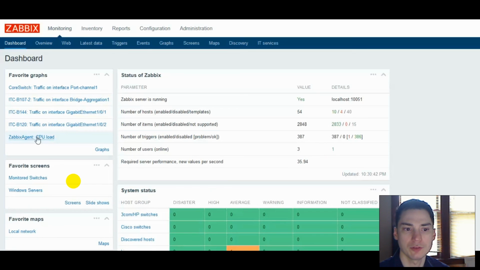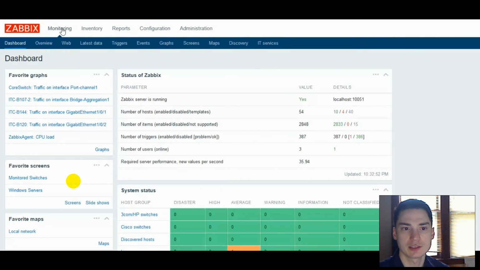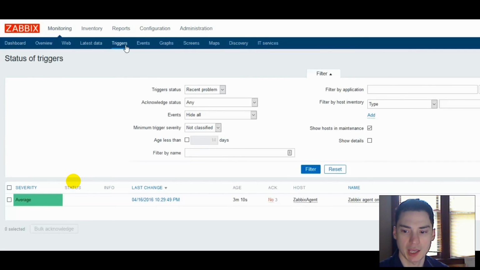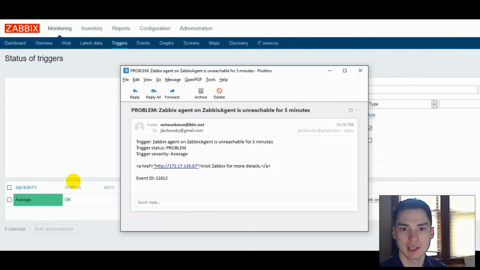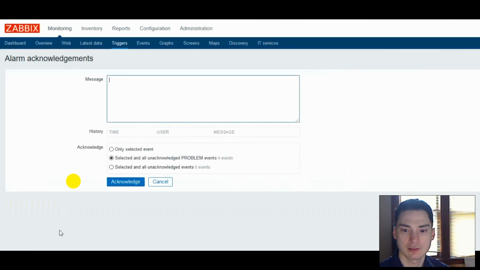Now if we go to the CPU load graph, we can see the data is certainly still being collected and Zabbix doesn't notice a problem yet. This is because it assumes in the event of a problem that there's a communication issue. But now that we sped time ahead a little bit, we can see that the Zabbix agent is actually unreachable and it's caused a trigger to fire, and an email has been generated from the network monitoring ITC address. Now I can acknowledge that and explain a reason why that occurred,